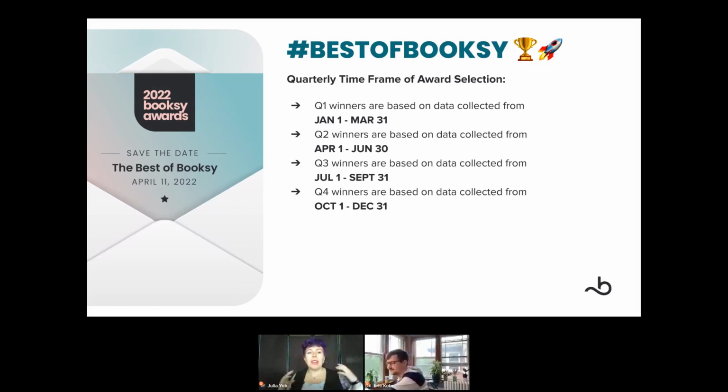Absolutely. So we call things Q1, Q2, Q3, just so that it makes it easy and very clear where they're coming from from a numerical perspective. You can also say that our most recent set of awards was our winter 2022 awards, and these next ones will be spring if you want. But the reason that we structure things quarterly the way that we do, and a massive shout out to our back end team doing all of the work to make all of this possible,